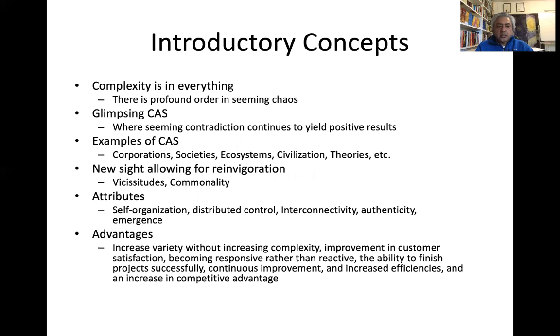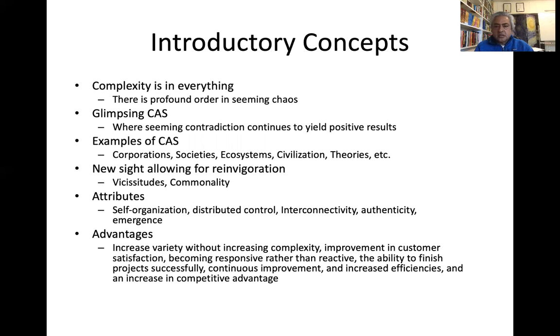So in terms of introductory concepts, we know that complexity is in everything. And when we look at any phenomena or observe a situation or circumstance, it can seem that there's a lot of chaos in that situation. But if we look deeply enough, there is in fact a profound order in any chaos. And if we look deeply into this profound order, that's the starting point for potentially glimpsing complex adaptive systems, or CAS, because we will find that complex adaptive systems is a particular case in which seeming contradiction will continue to